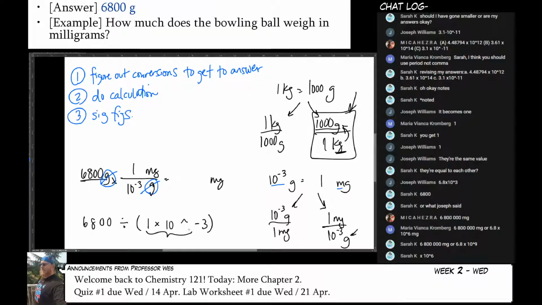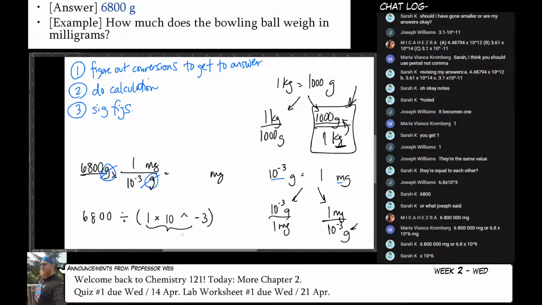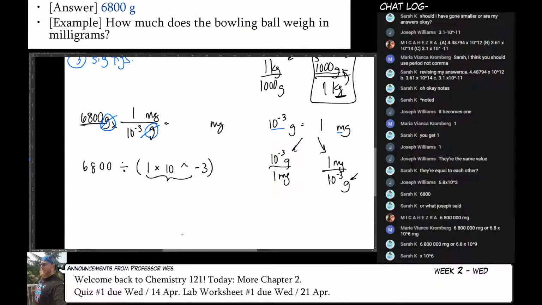So you might have 1 and then hit the button that just says EE or EXP or times 10 to the n or something like that. If you aren't sure how to use your calculator, take a picture of your calculator with your phone and then email it to me, and then I can tell you, because I've used virtually every calculator under the sun. And I can instruct you on how to enter that number. Anyway, when you do this, you get